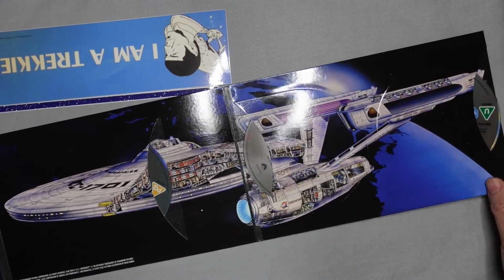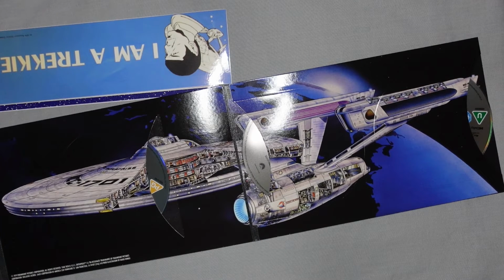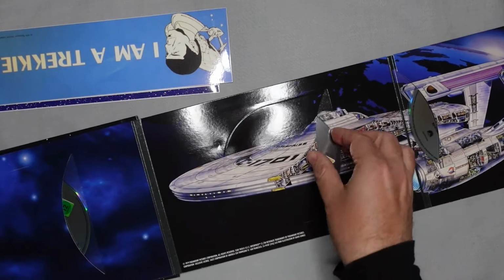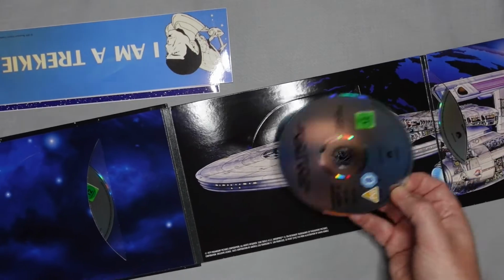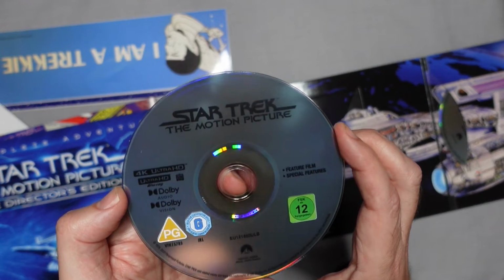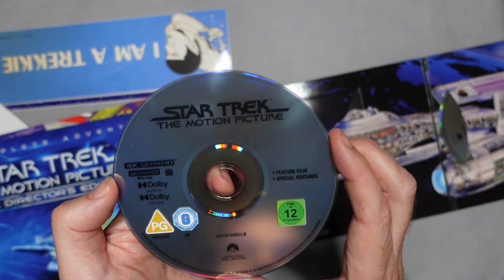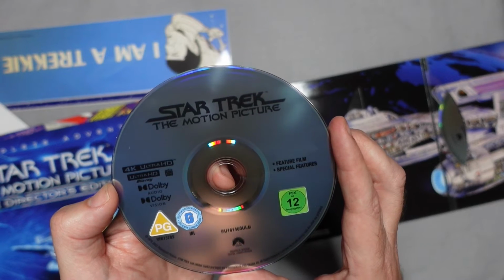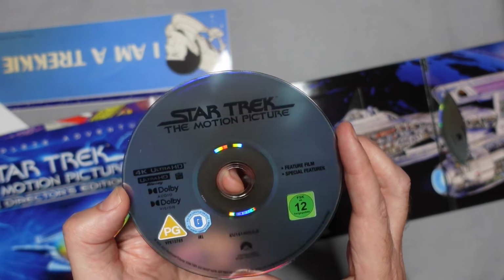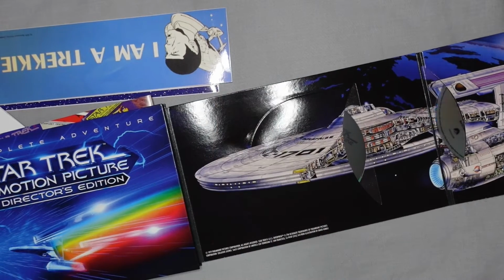And then we've got this next section here folds out to show one of these nice cutaway diagrams of the Enterprise. So we've got discs located in here as well. So this is also a 4K Ultra disc. This is, I guess, just the theatrical version because it just says Star Trek the Motion Picture. And again, the feature film and special features. I think that includes previous commentary tracks that were recorded for that. And that just slides in there. The Enterprise's